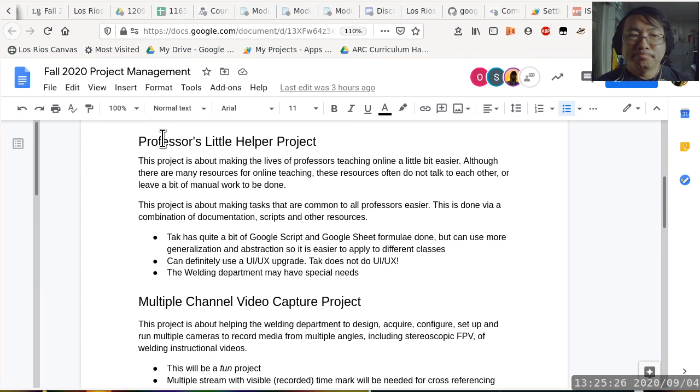Yeah. What are some of the tools that it says here you made some work on Google Script and Google Sheet already? Yes. So what are some of those tools that